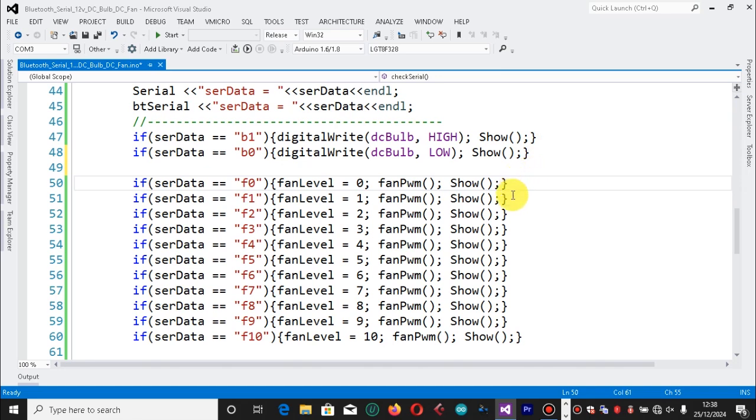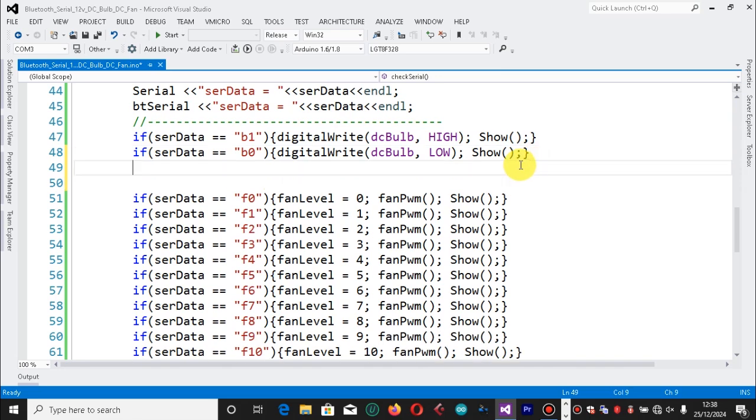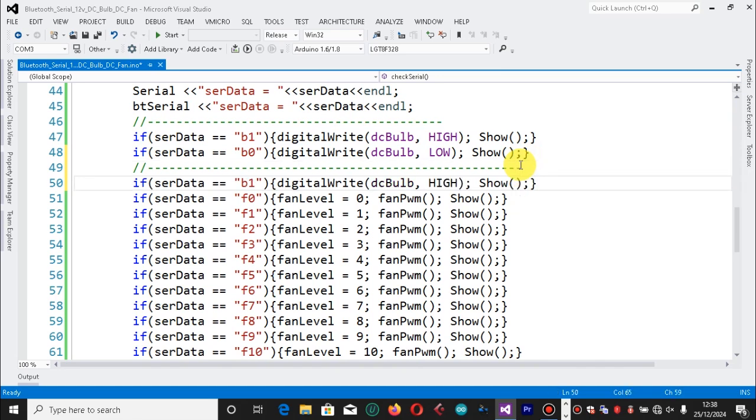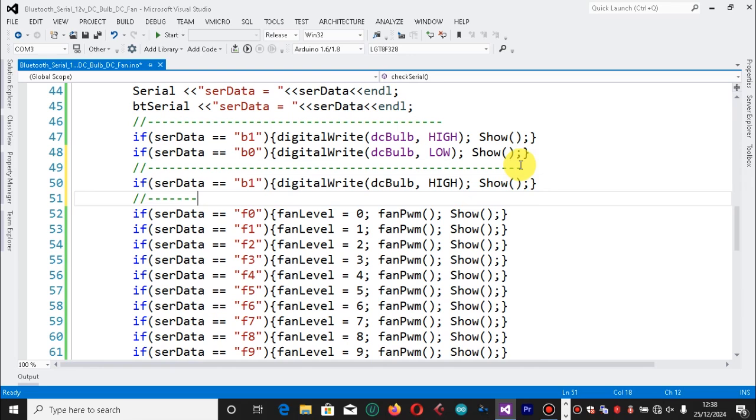We're going to do something like this. Let's say, okay, let me just copy this. Let me demarcate them so that we'll be able to separate them. So this one now, let's say if I type B1